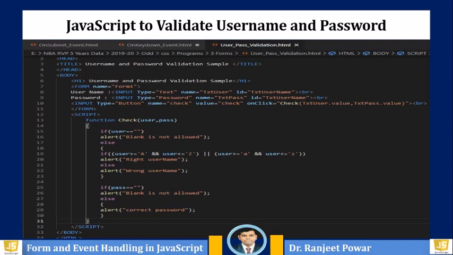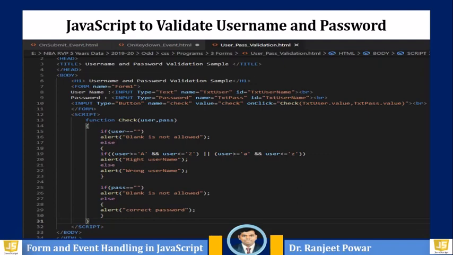Here you can see a JavaScript program to validate username and password. Here is JavaScript code for accepting a username and password. The required validations are: the username text field should not accept numbers, special characters or alphanumeric characters, and the length should be 20 characters max. The password text field length should not be less than or equal to 3.